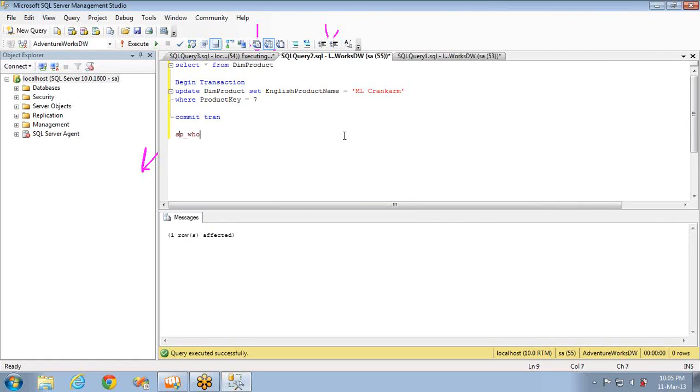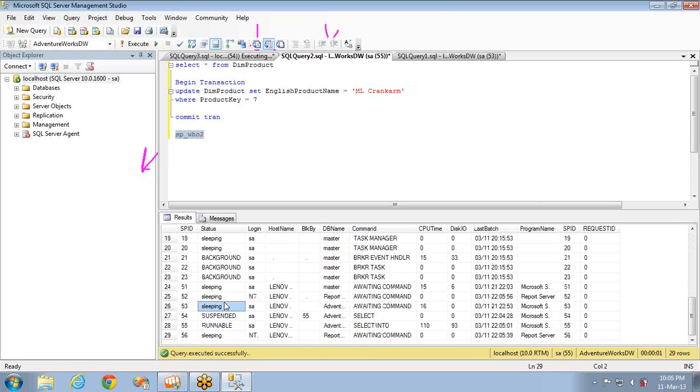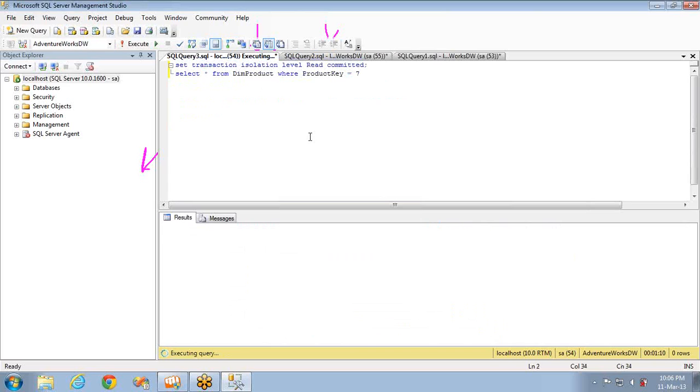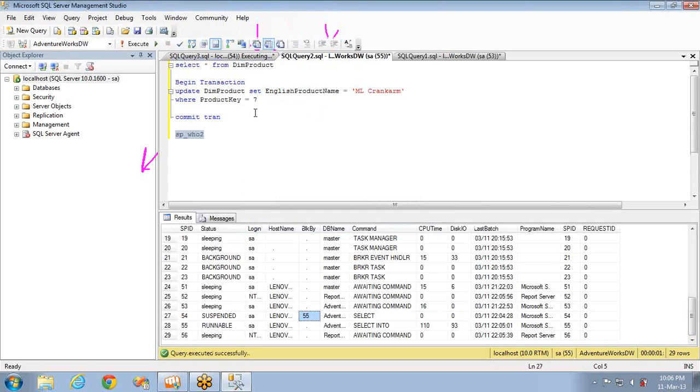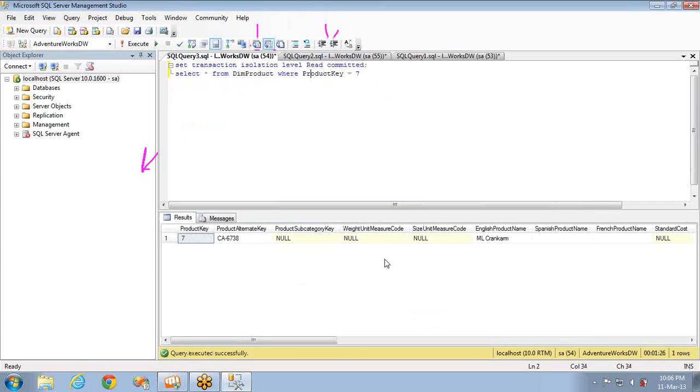And sp_who2 will give you a little bit of information about the same. Let's see, this is suspended, a select statement. It is suspended because of another session, that is 55, runnable. So there will be some blocking because of the transaction isolation level we set, and that particular transaction is not committed, and this one is trying to read the data using read committed. That is why you see it is 1 minute 22 seconds, 24 seconds. If I commit it, then immediately it will get the data.